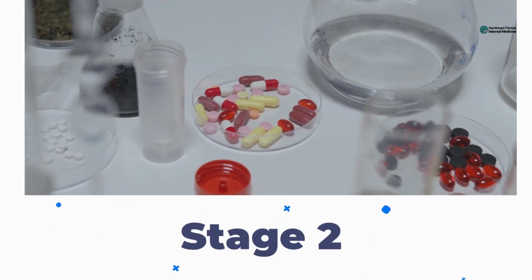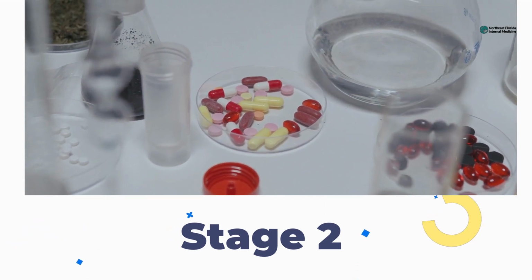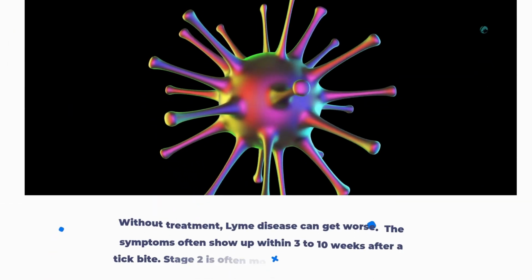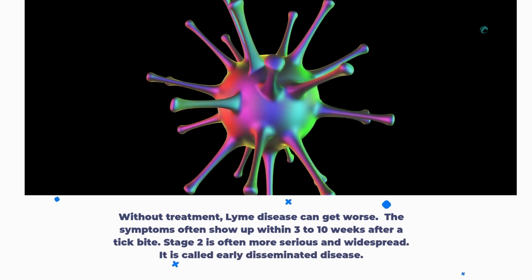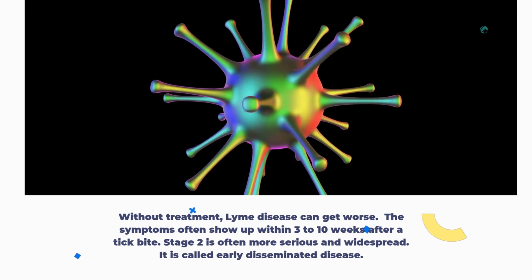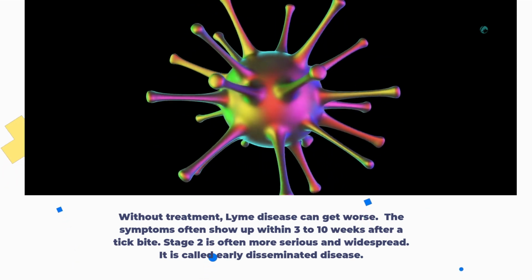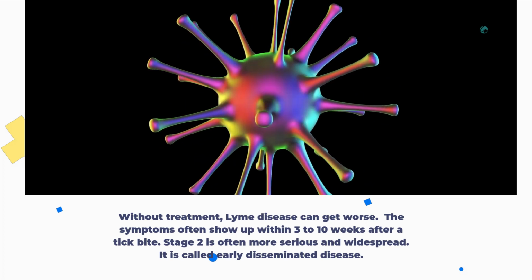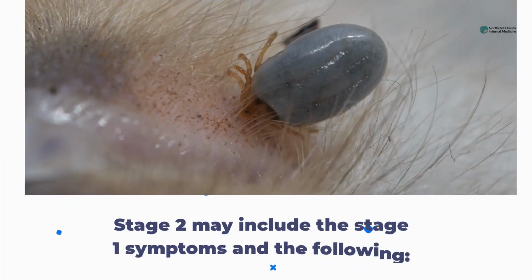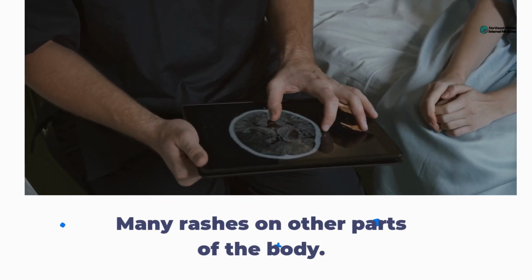Stage 2. Without treatment, Lyme disease can get worse. The symptoms often show up within 3 to 10 weeks after a tick bite. Stage 2 is often more serious and widespread. It is called early disseminated disease. Stage 2 may include the stage 1 symptoms and the following: many rashes on other parts of the